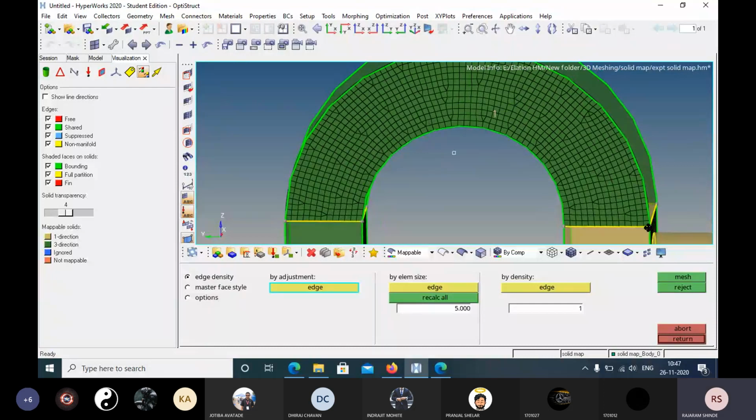Now you can observe the mesh. Now I will hide the geometry. You can see here how you will get the good quality elements, good quality mesh. These triangles we cannot remove. Why? Because we don't have that much control. If you want to remove, you first mesh the surface and then you go for solid conversion. Okay,